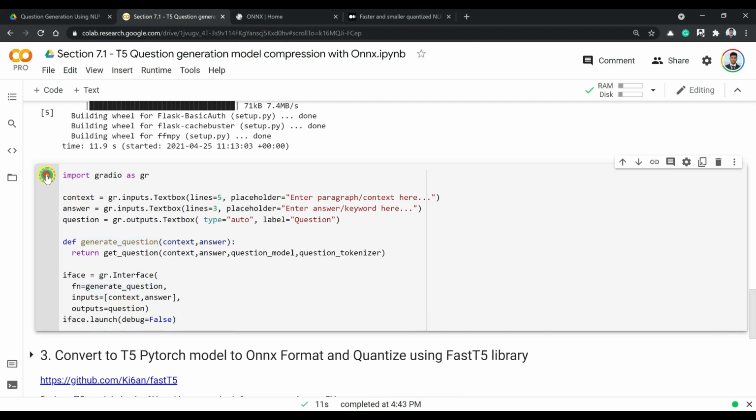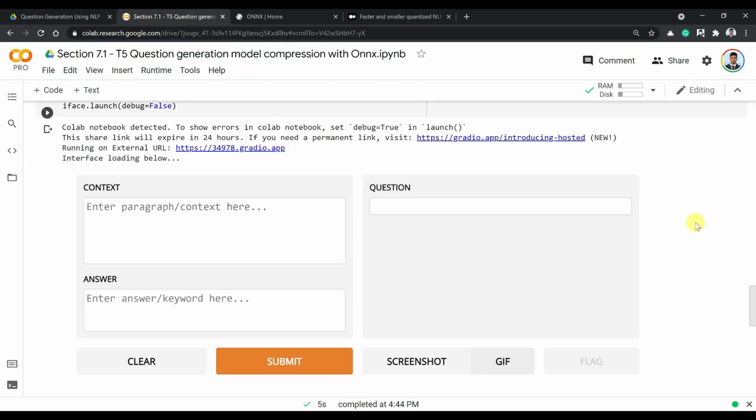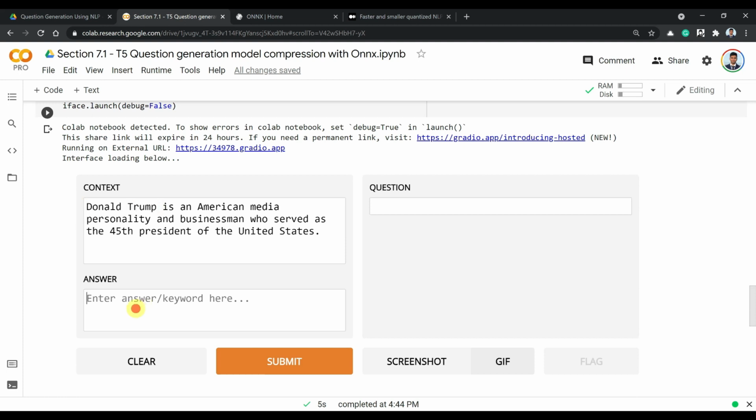Let's run this. As you can see, Gradio created a nice, easy to use interface for us where you can enter any paragraph or context here. Let me enter our previous statement, and you can give any answer here. Let me give Donald Trump. And it's very easy. You click on submit and automatically the question is generated here.